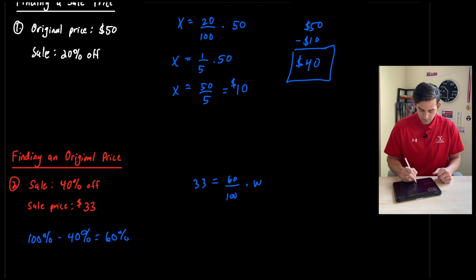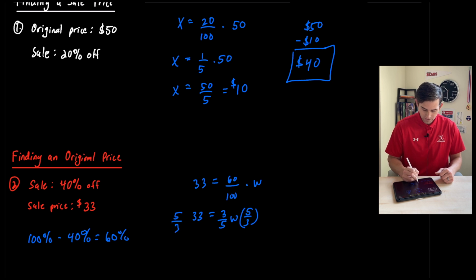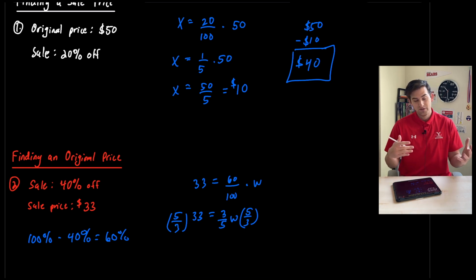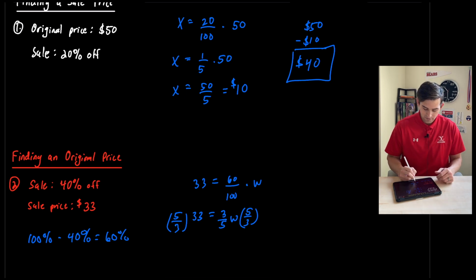So once again, we can reduce 60 over 100 to 6 over 10 and then 3 over 5. So we could write this as 3/5 W. Now let's multiply by the reciprocal here, 5/3, in order for us to solve for our whole number. So now we have 33, we could do 33 times 5 and then divide by 3, or you could actually do 33 divided by 3, which is 11, and then 11 times 5, which would be 55, okay? So our original price is